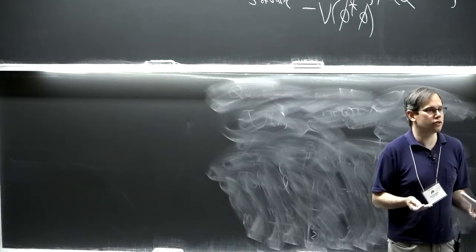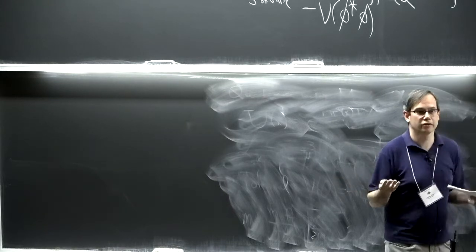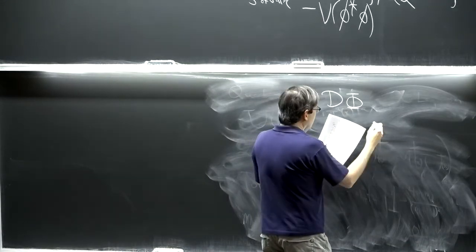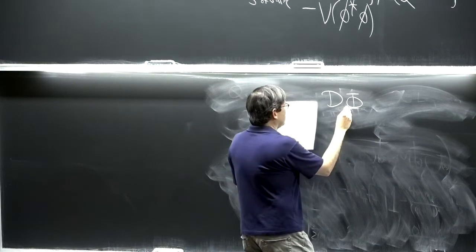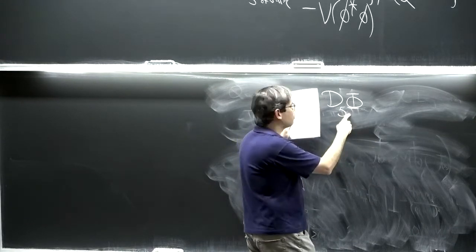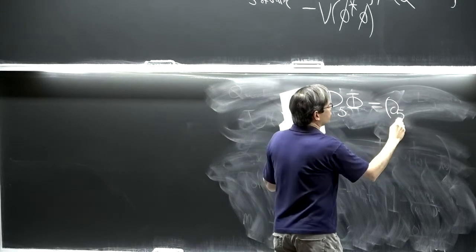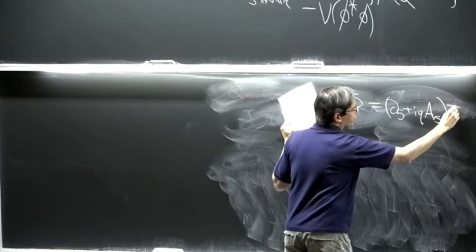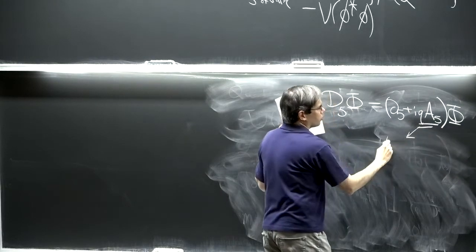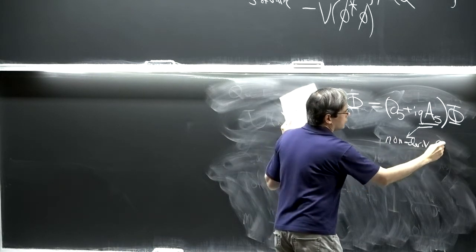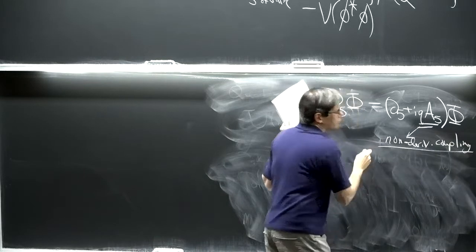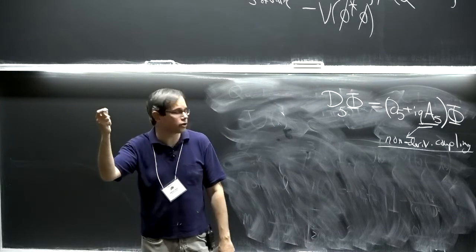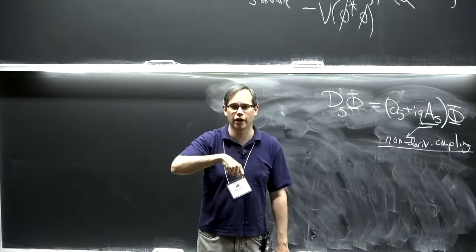Where do we see those? We see those when we have charged particles, charged objects. A charged field has a covariant derivative, like d phi, where the derivative along the fifth coordinate that I compactified on looks like partial derivative plus I times a charge times my A5, my gauge field, times phi. That's a non-derivative coupling of A5 that turns into a non-derivative coupling of my axion. And so charged fields in the higher dimensional theory can generate new terms in my potential for my axion.